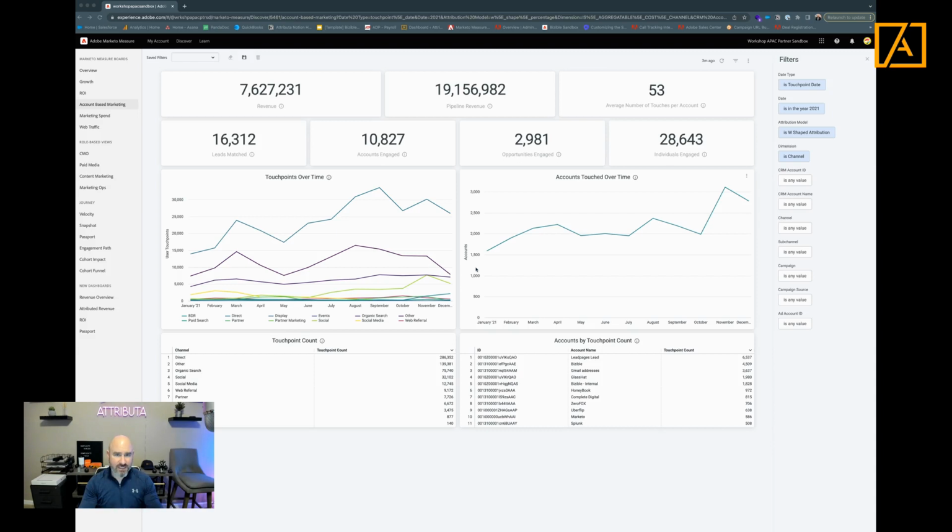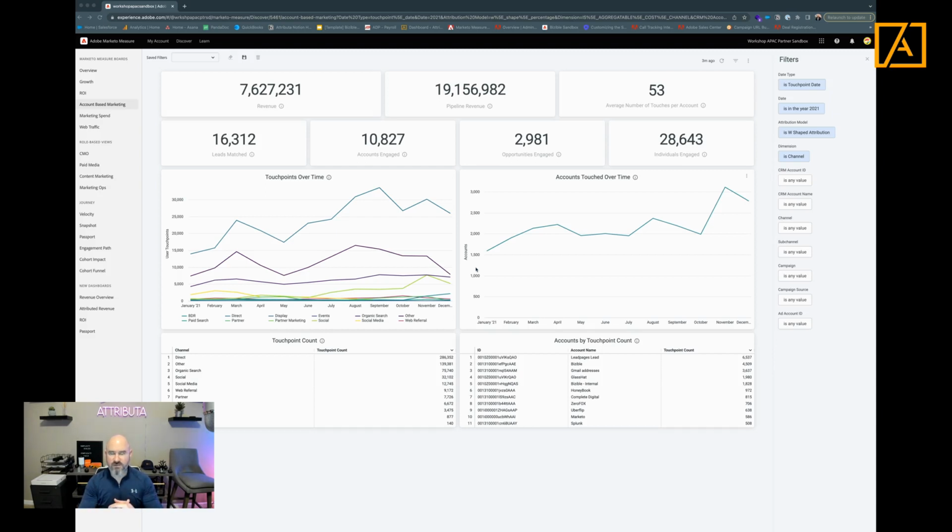Now, inside the Visible platform, this is the account-based marketing dashboard. That is the primary place where you're going to go to do account-based reporting. You're looking at a sandbox environment, so this is fake data. Take the data itself with a grain of salt, but this is showing how you can do account-based reporting